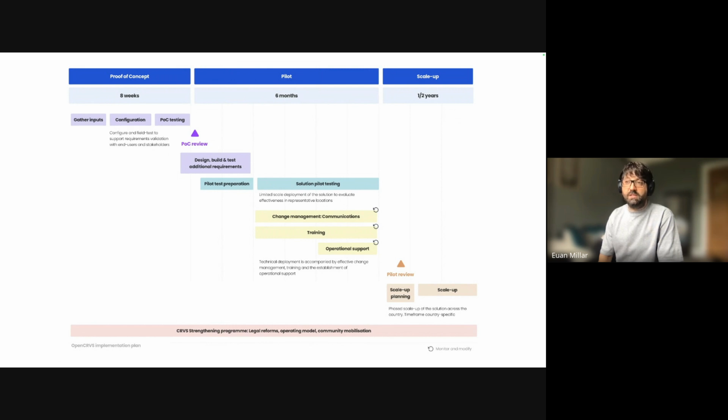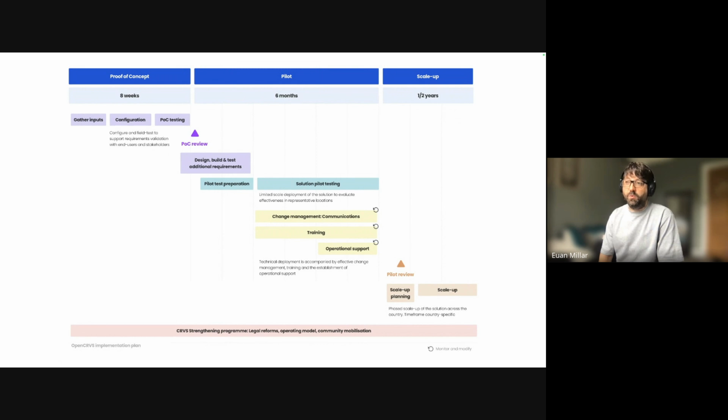We can use a POC to test new ways of working and innovative civil registration processes using OpenCRVS. So we configure OpenCRVS to the ideal scenario of what we would like to do one day with birth registration in a country. And then we install it on DigitalOcean,